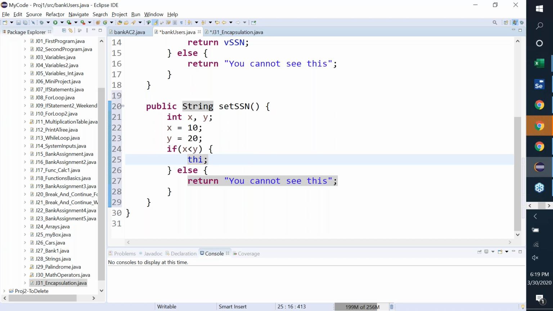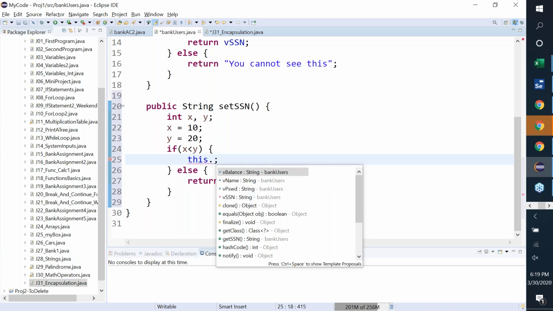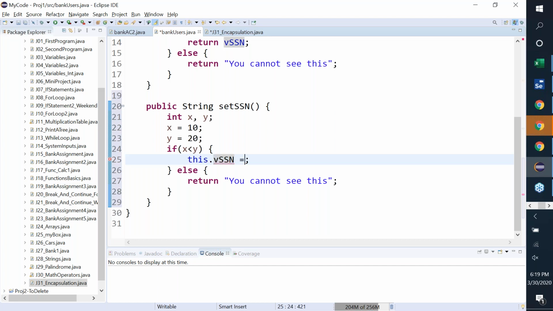I'll say this object dot VSSN now equals whatever I send FSSN in. So I will send an input string FSSN